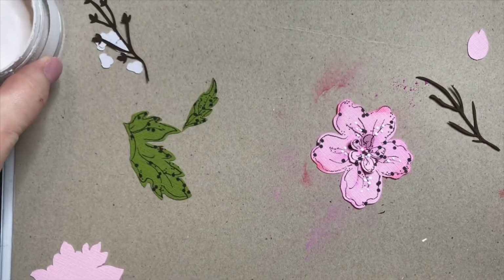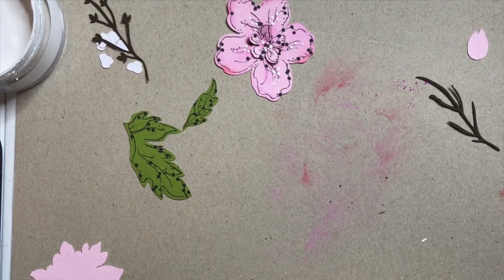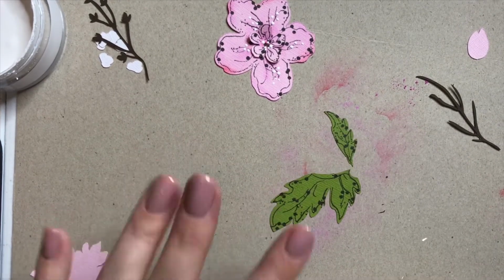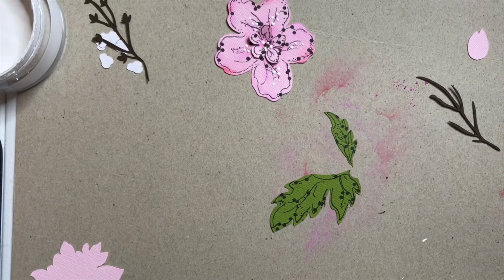So while we're waiting for the white paint to dry on this one, because we still have to add the yellow glitter glue, we're going to finish up these two green stems that are right here by adding other stuff, because I'm actually going to go back in and add a little black to this one. So we're going to start with the greens, and